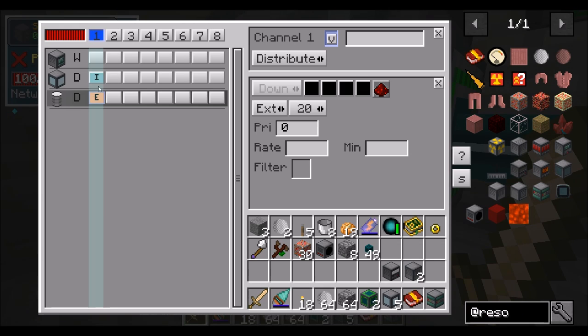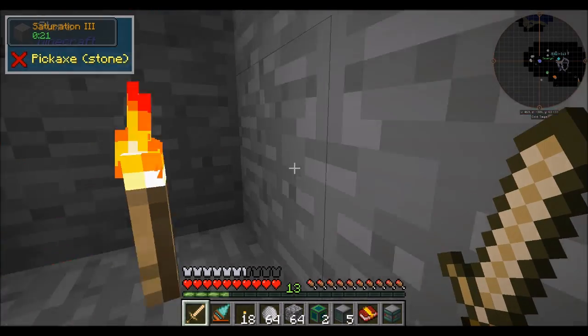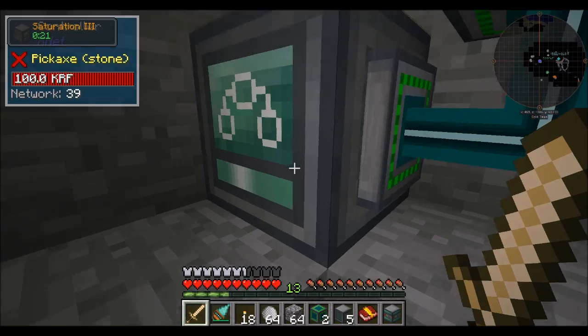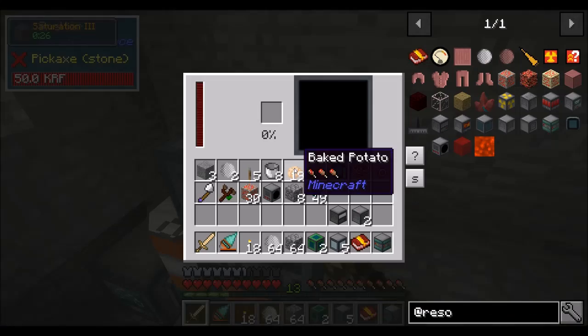So I told it to transfer it. The input accepts at most 250 millibuckets per tick, and I told it to keep 8,500 in there. So I figured that's good. Maybe I should make it 8,000, to be honest, just to be right at 50%. That should be cool. So then if I create one bit of this,